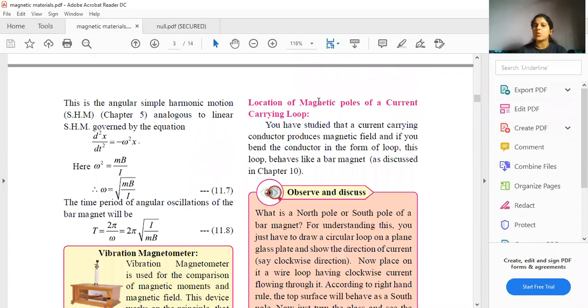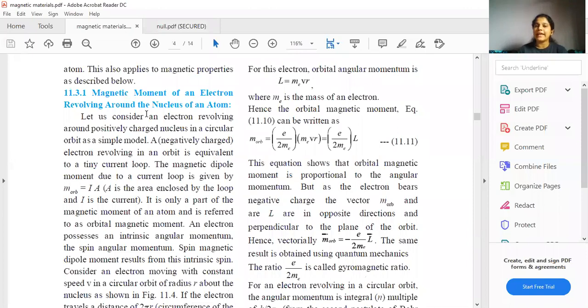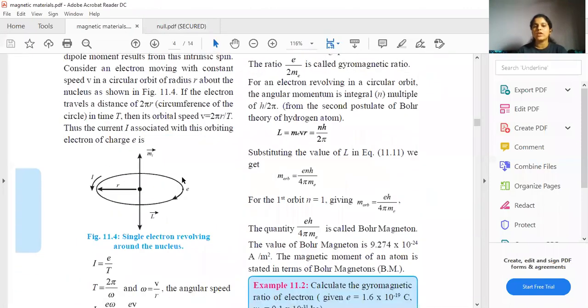The next topic that we did was this one, magnetic moment of an electron that is revolving around the nucleus. An electron revolving around a nucleus is equivalent to a circular current carrying loop, because even in a current carrying loop there is movement of charges, right? An electron is a charge, it is a negative charge, but it is a charge. So an electron rotating around the nucleus is equivalent to a current carrying loop. Try to remember this topic, because today the topic that we are going to study will involve a little bit of this electron revolving around the nucleus.